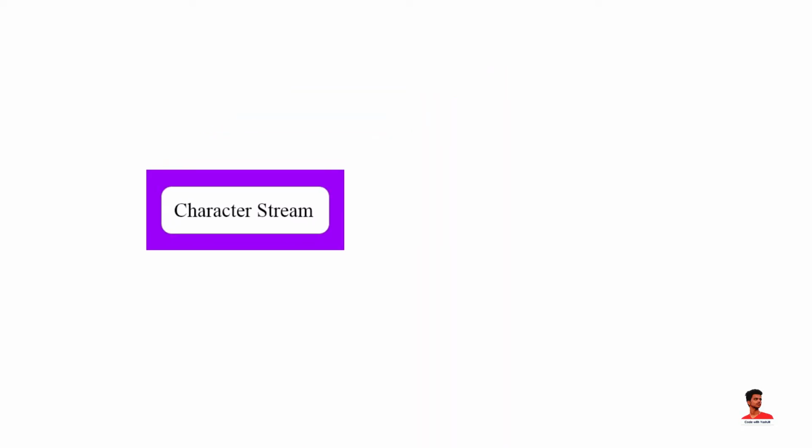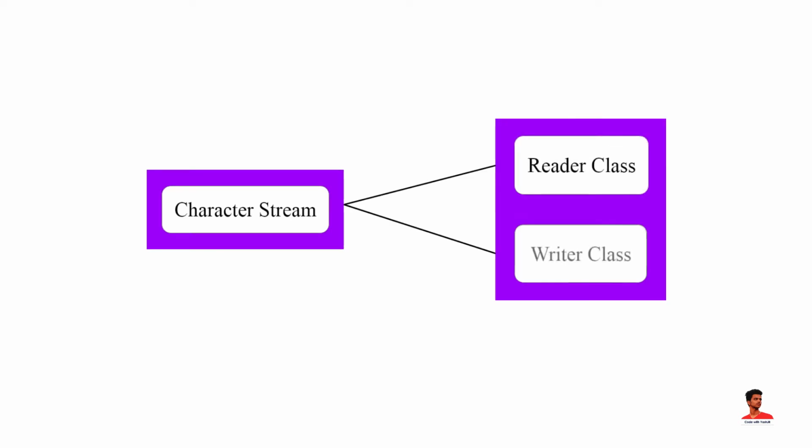Character stream is used to read and write a single character of data. All the character stream classes are derived from base abstract classes Reader and Writer. The Reader class of the java.io package is an abstract superclass that represents a stream of characters. Since Reader is an abstract class, it is not useful by itself, but its subclasses can be used to read